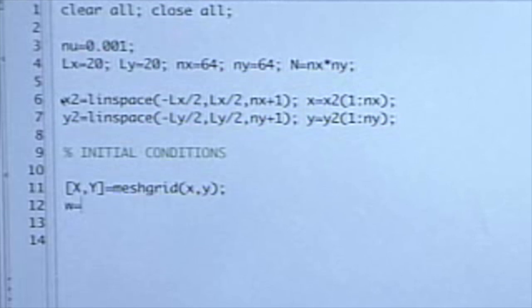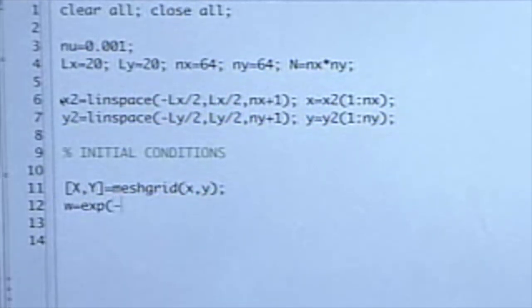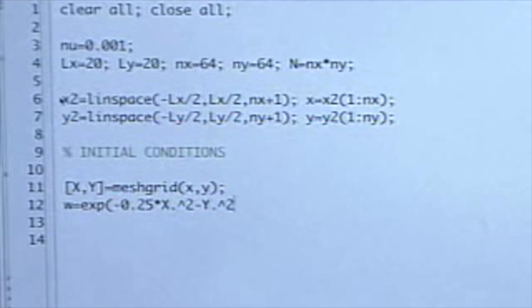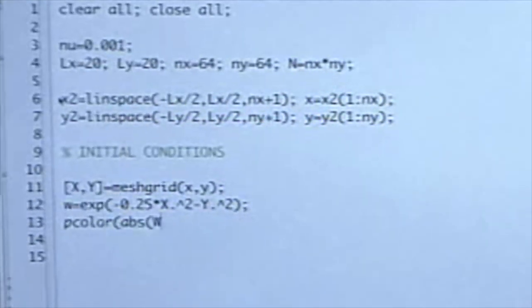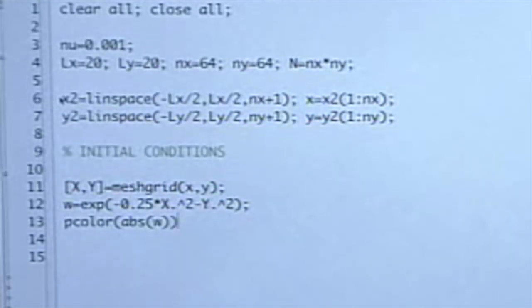It's called omega. And I came up with, we're going to do a stretched Gaussian here, so it looks elliptical. And just to not go any further, but to just see what it would look like, let's go ahead and plot this thing right now. Okay? And I like to use some things like shading interp,